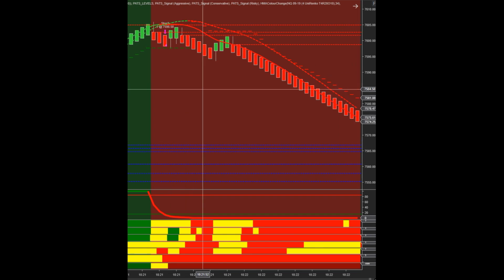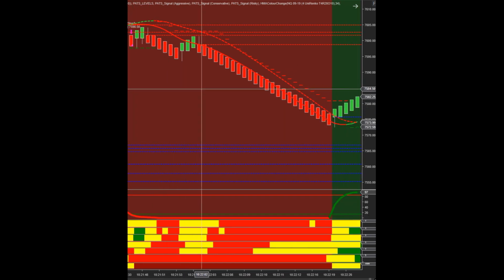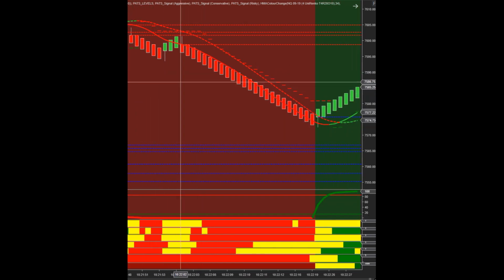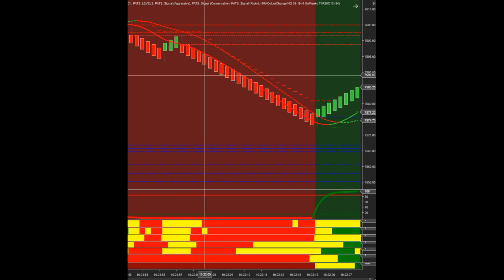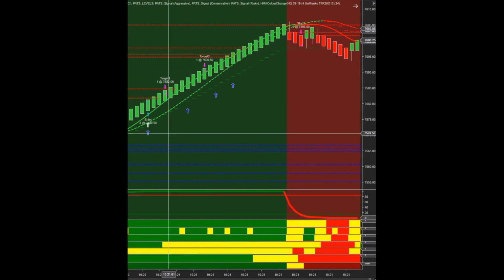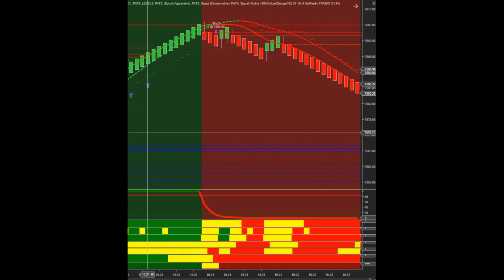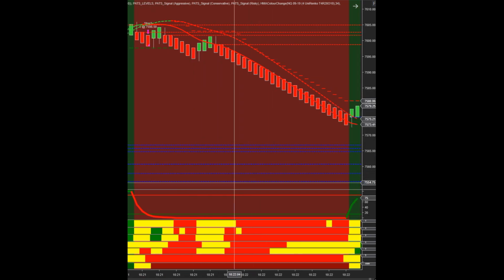I could have waited a couple more minutes, shoulda, woulda, coulda. And this is another very valid setup. So sometimes you're not going to get these arrows, so the whole entire algorithm hasn't turned with you. But there are other ways, great, phenomenal ways to trade the chart. So see this algorithm right here? This is what I was trading